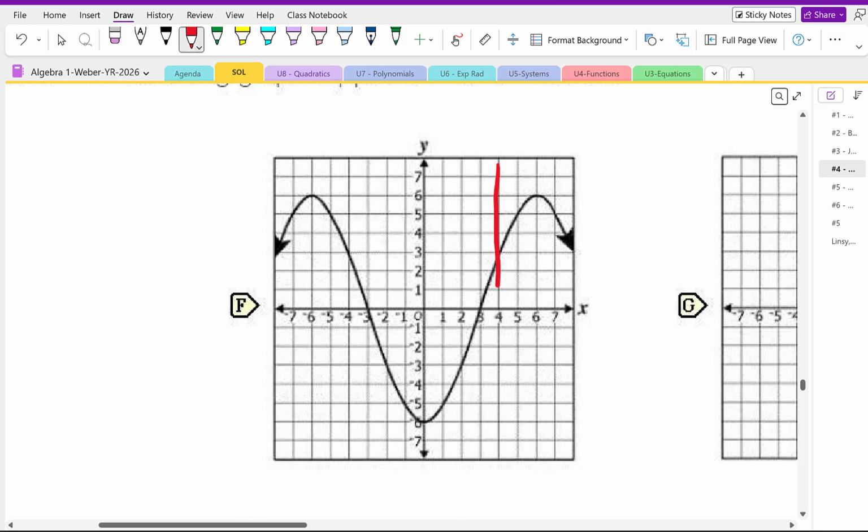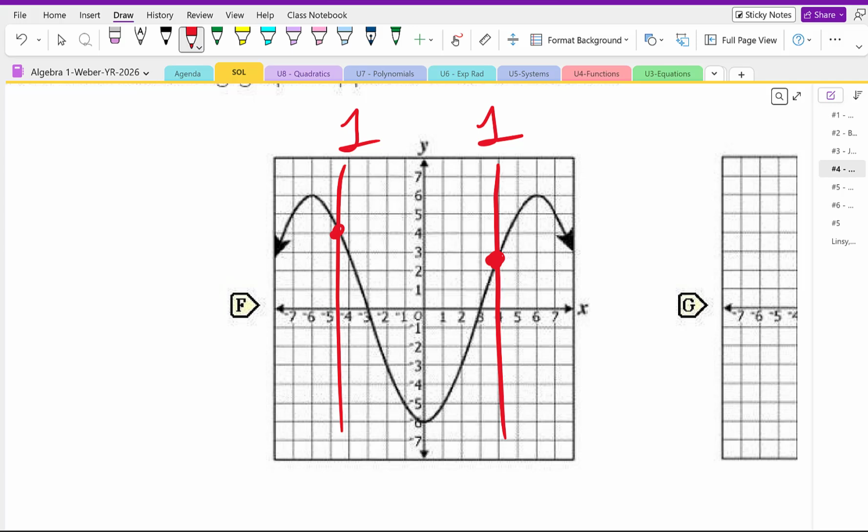So I could draw my vertical line here. I could check here. It doesn't matter. You can draw multiple if you like, but it has to be a vertical line. I'm going to check how many times my red line touches the graph. So it touches one time here. Remember, one time is good. It touches one time here. Okay, that's good. So this one, it is a function